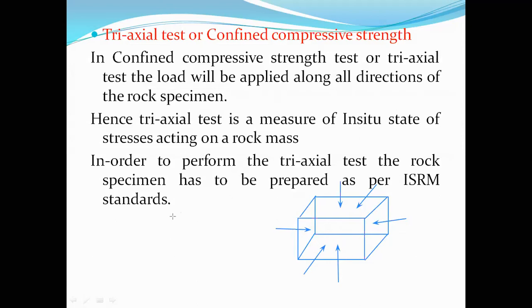Whereas coming to the uniaxial, right? In the case of uniaxial, what we did was the load is applied in only one direction. It was like this, and the load is applied like this. So there won't be any kind of forces acting in the other, lateral direction. That is why it is called uniaxial. Whereas this one is triaxial. So this is uniaxial, axial. Whereas this is triaxial.